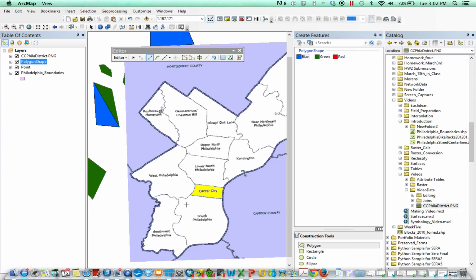What if I just started, to the best of my abilities, copying these neighborhoods? It's going to be very difficult for me, right? Because this is a raster layer and therefore it won't snap to anything. Oh, I think I screwed up my little image there. But you can understand why this might be a helpful